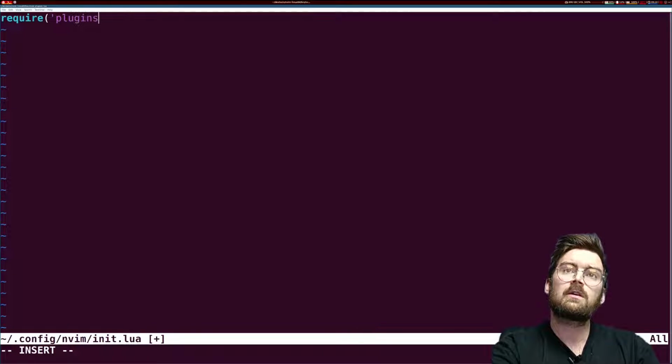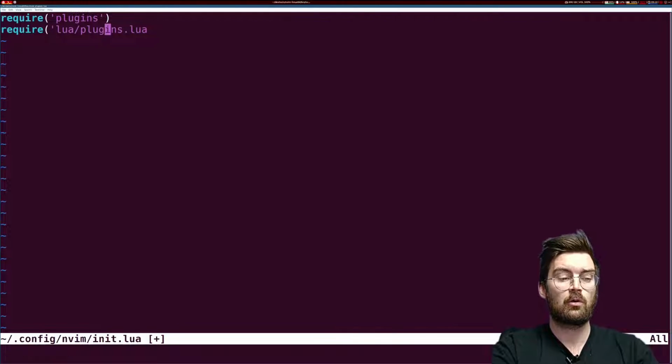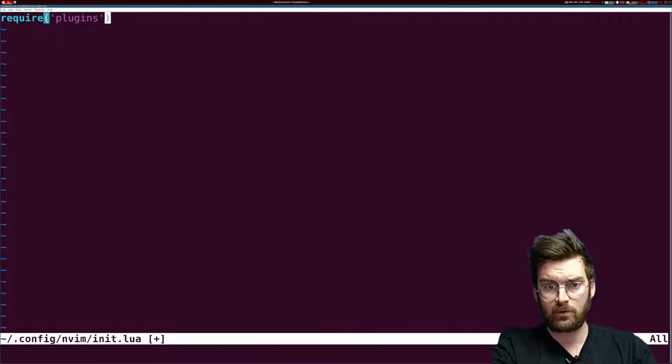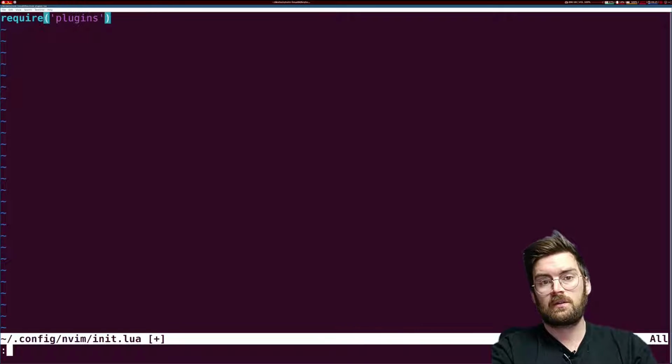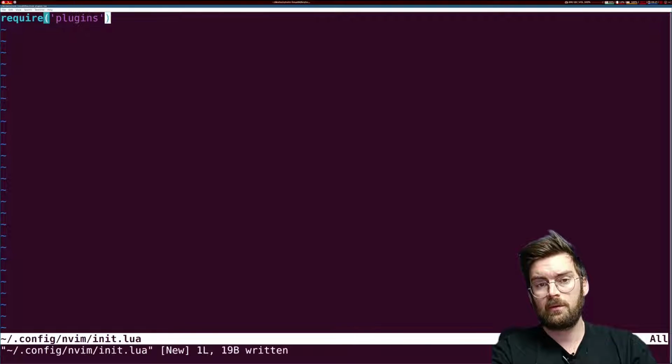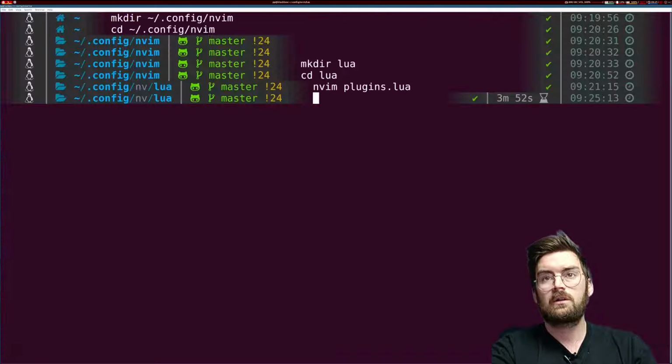And what we will do here is that we will require plugins, which is the plugins.lua file that we created. Note, you don't have to write lua/plugins.lua. It's enough to simply say plugins and it will know it's a Lua file inside the Lua folder. So once again, press Shift: to open the command tab, press right. Now I'm gonna go ahead and restart NeoVim,